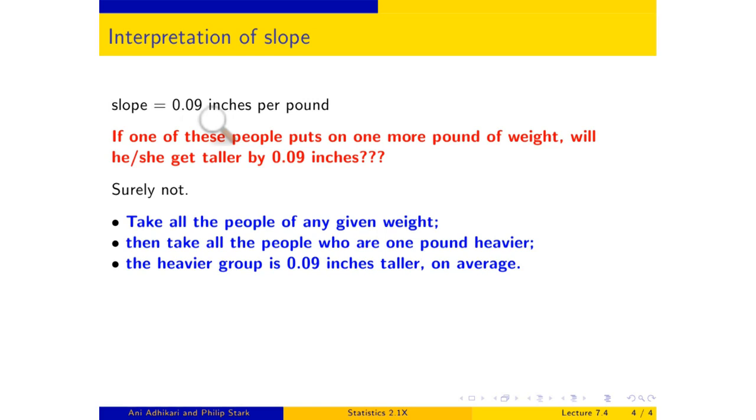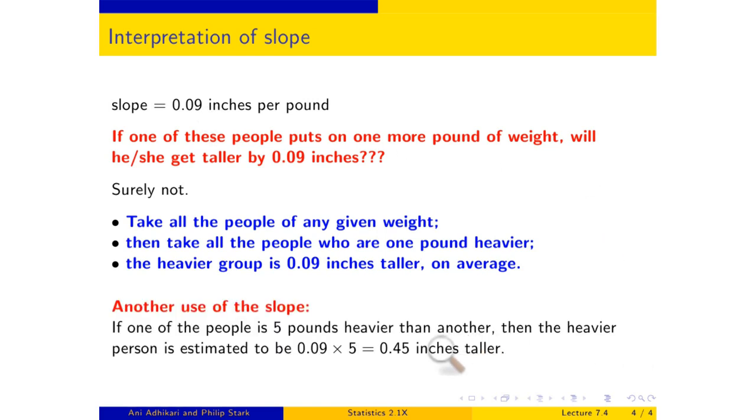These are two different people. And so for 5 pounds heavier, since we are using a straight line, your estimate is expected to be 0.09 times 5, that is 0.45 inches taller. And once again, you're looking at two different people. One of them is 5 pounds heavier than the other, and the heavier person is estimated to be 0.45 inches